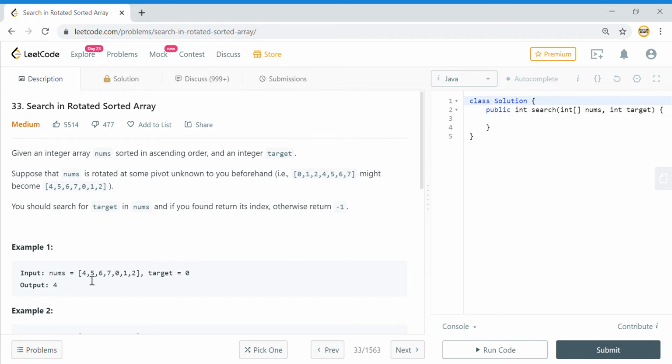So the array that is given to us is a sorted array, but it is rotated across some pivot. So if you see this, let us check this out.